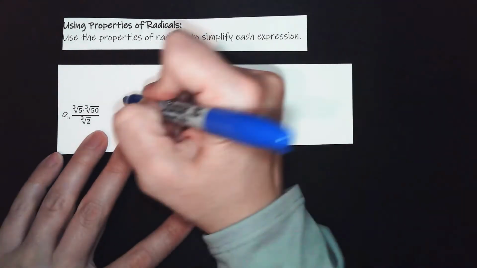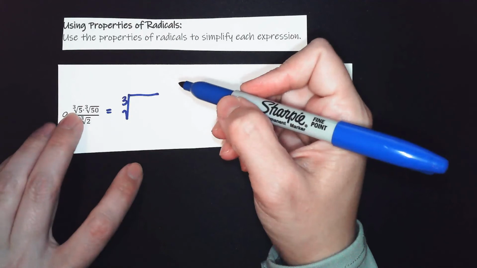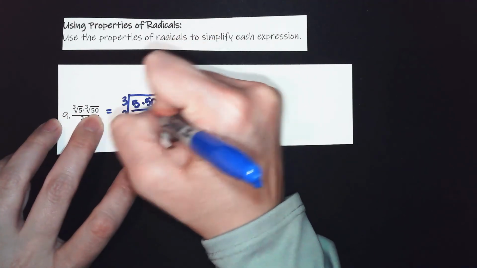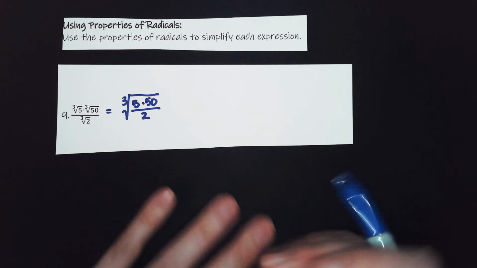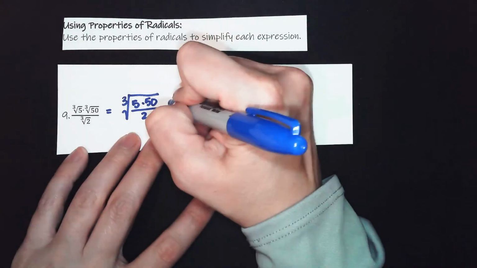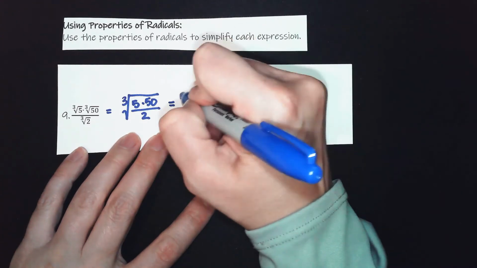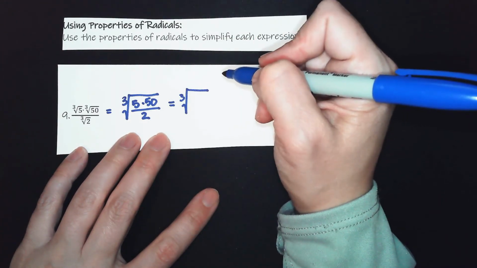So I can use the same kind of rules I did last time. I can take one cube root, and then I have a 5 inside times a 50 and divided by the 2. I just took all those third roots, basically kind of factored it out like the way we factor when things are similar here. All right. And now I've got to simplify the inside here. So I have the third root of 5 times 50